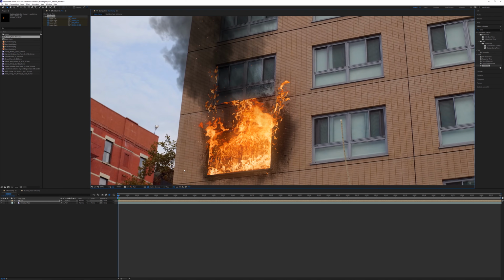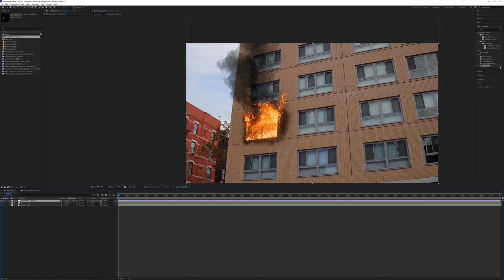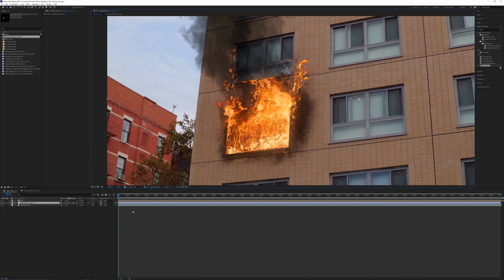Before I get too far into doing color adjustments, I want to darken down the plate and make it look more like dusk, for example, or early morning. So we could grab an adjustment layer, pull this underneath the fire. This is not a master color correction layer. This would just be an alteration just to the plate. So this would be approved by the client beforehand, so everyone knows that it's going to be darker. Otherwise, this would mess up your traditional color correction because the client wouldn't be able to turn it off.